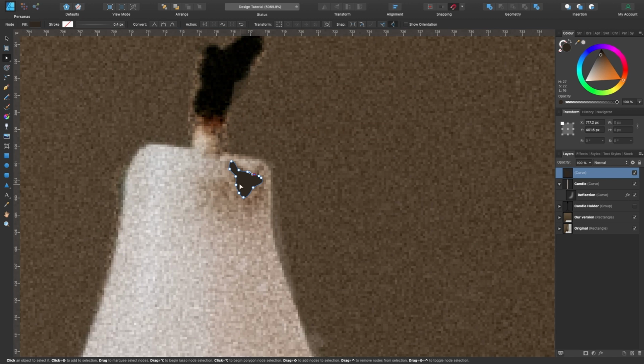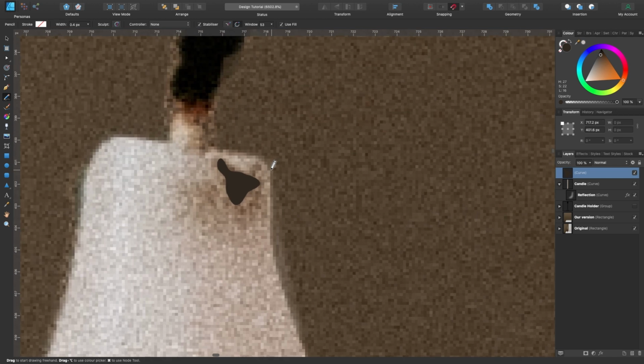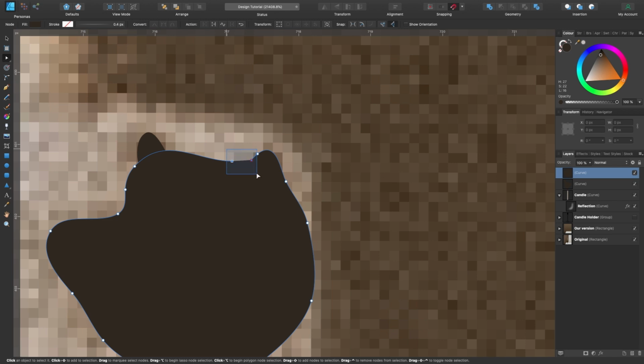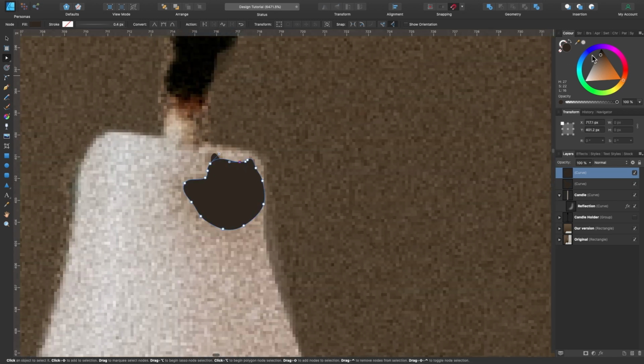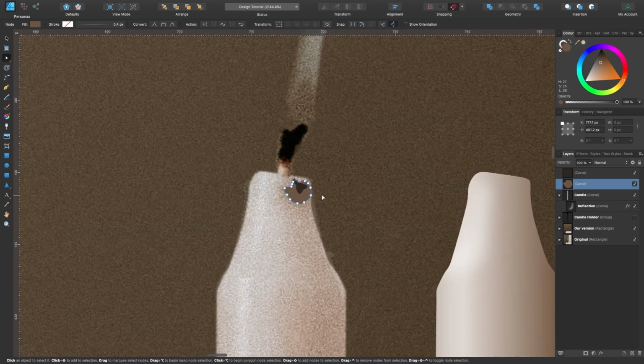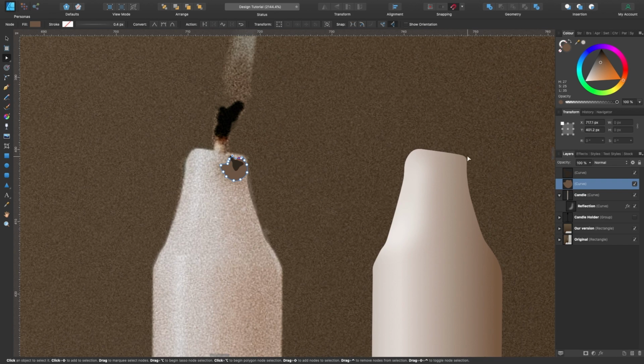And now I will make another shape for the base. So again, pencil tool. Doesn't have to be perfect, but you kind of just trace around what you think it should be like. There we go. Switch to the node tool again, select those 2 nodes, close the curves with this one, and I'll make this slightly lighter. I'll drag it underneath on the layers panel, so it kind of looks like that. Bit of a blob, bit strange.